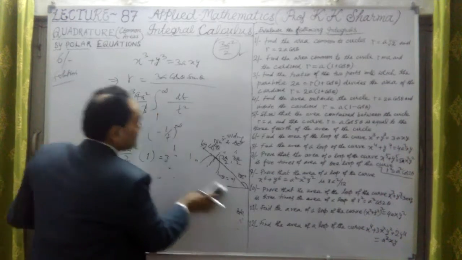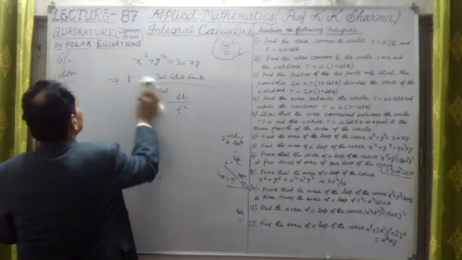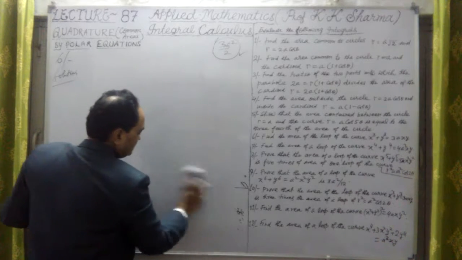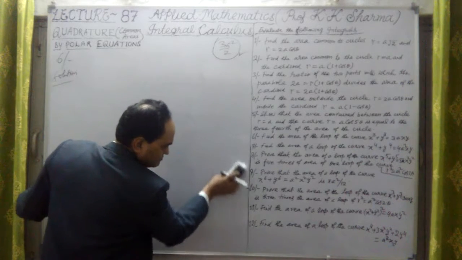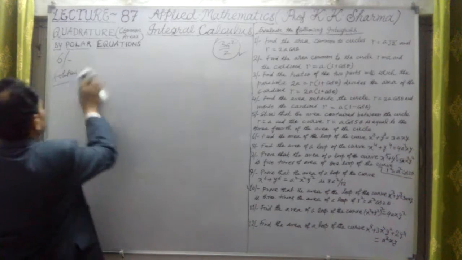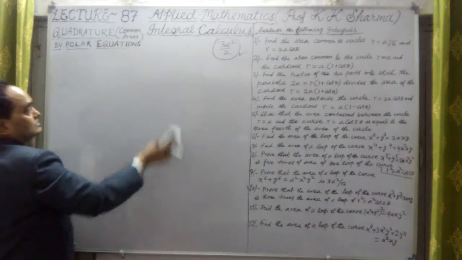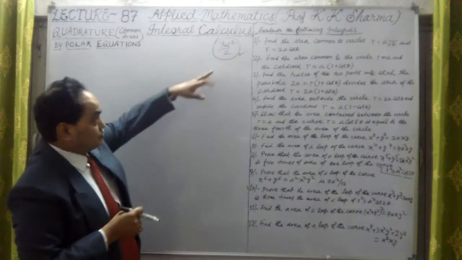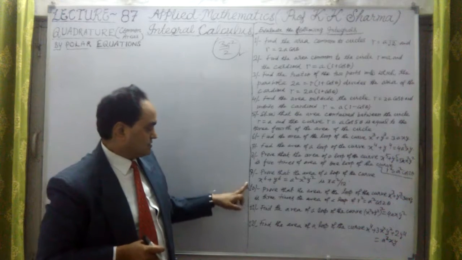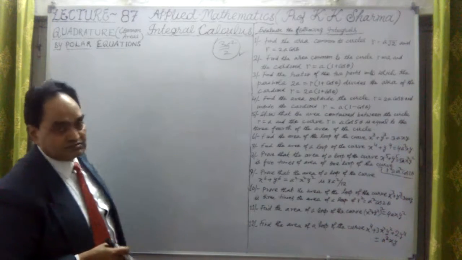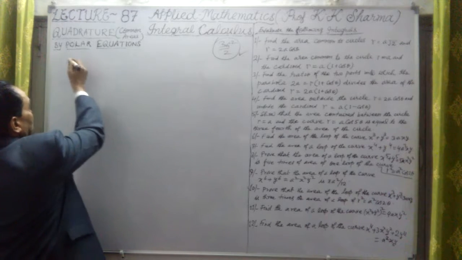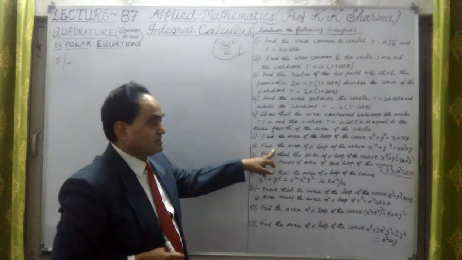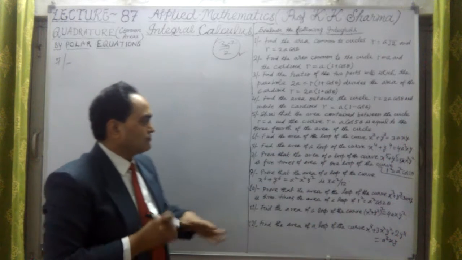This is the answer. So the answer of question number 6 is 3a square upon 2. I'll use this in question number 10, because of that I have noted it. Now question number 7, let me talk about. 6 is done. The 7th question says find the area of a loop of